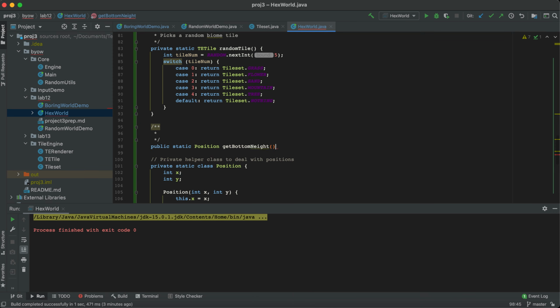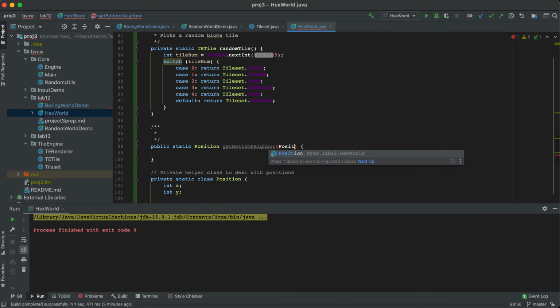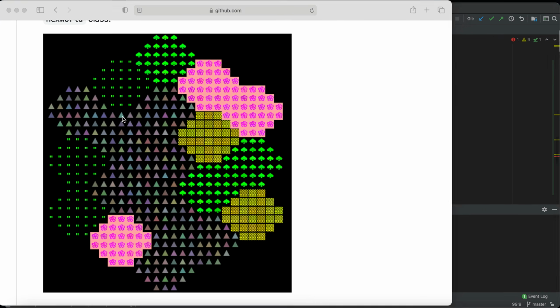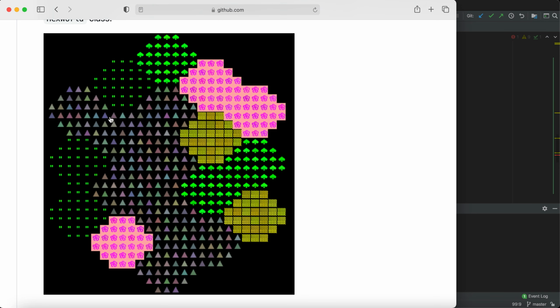So let's get the bottom neighbor of a hexagon at position P. Gets the position of the bottom neighbor of a hexagon at position P. Okay, nice. Now we have to do some math again, and math isn't fun, but you'll see